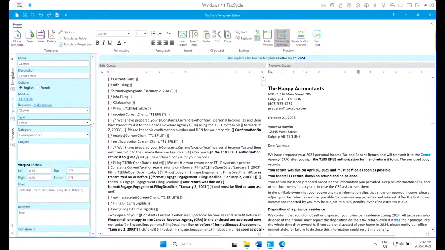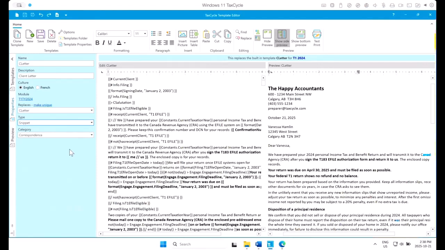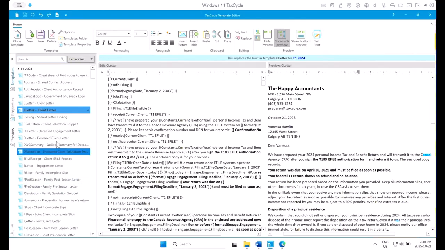And when we get back over to this list, we have a couple more to cover. I like talking about the snippet templates. So snippet templates are kind of building blocks for using in other templates. So a really good example of this is at the top of this client letter, you